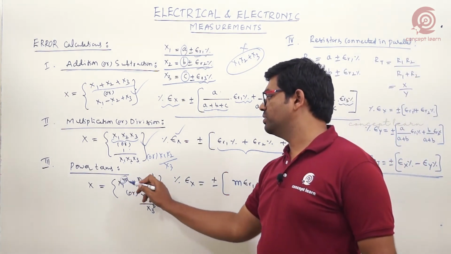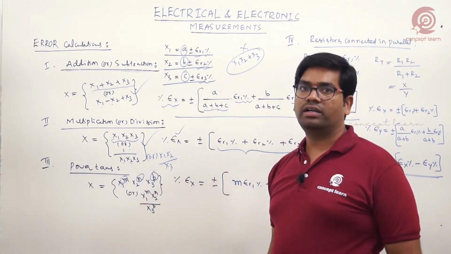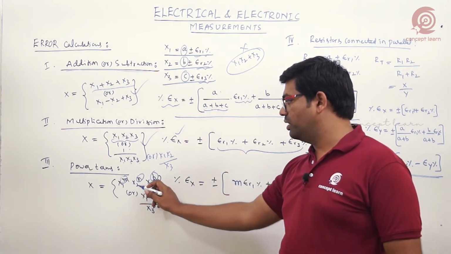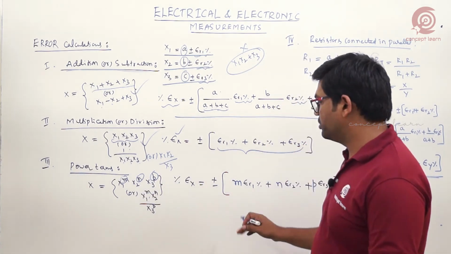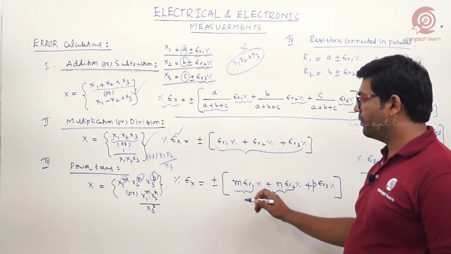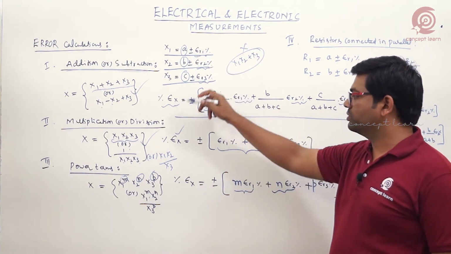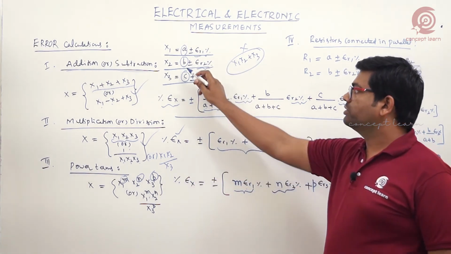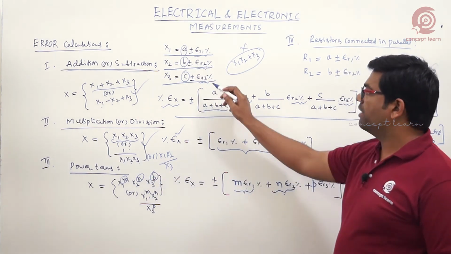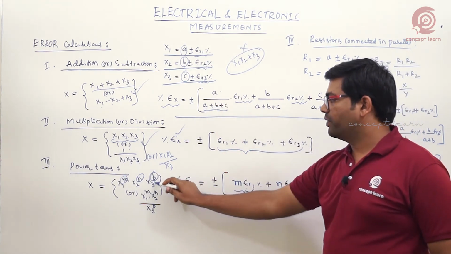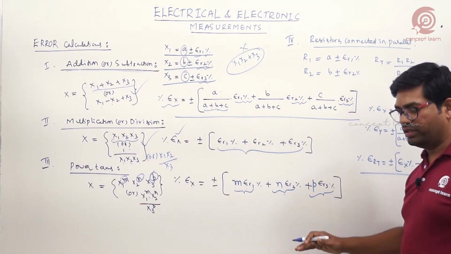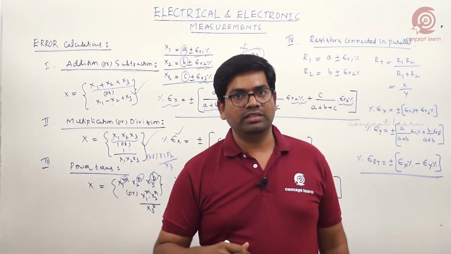In some cases we may even have some power terms for each and every quantity. But generally the composite function is again associated with multiplication or division, then only we should use this relation. So the respective power gets multiplied. Got the point? x1 is having epsilon r1, so that power n is multiplied. x2 is having error epsilon r2 and the power is n, so multiplied. x3 is having epsilon r3 error and its power is p, so that respective power gets multiplied. So it is a simple relation, so you can easily score from this.